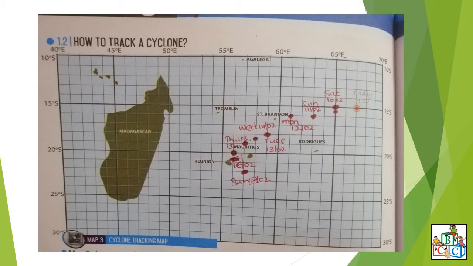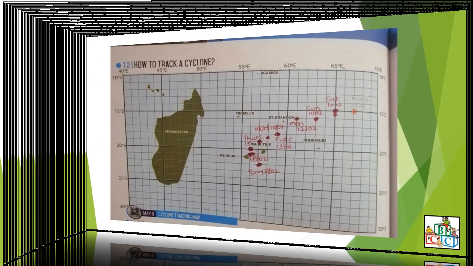So take a look at the latitude, 23 degrees south, which means the cyclone has weakened. Okay, your map should be like this. Okay, children, I hope you have been able to do this work. You have been able to plot